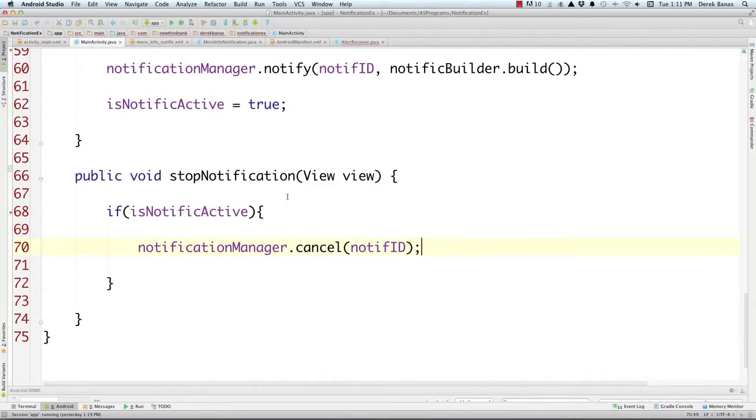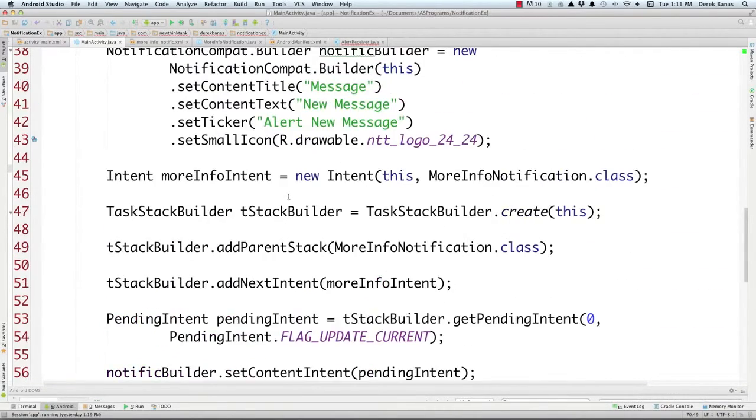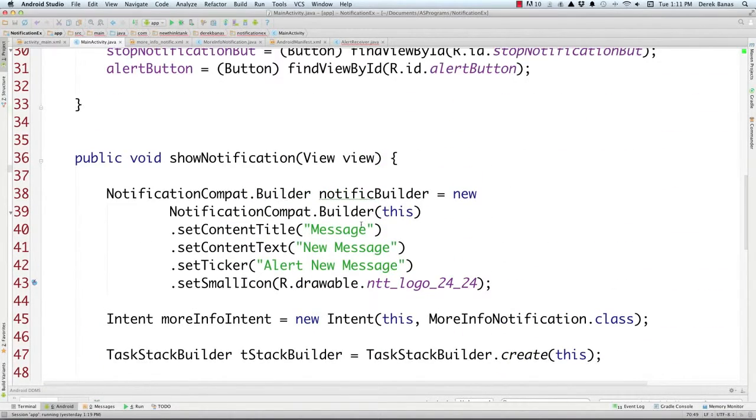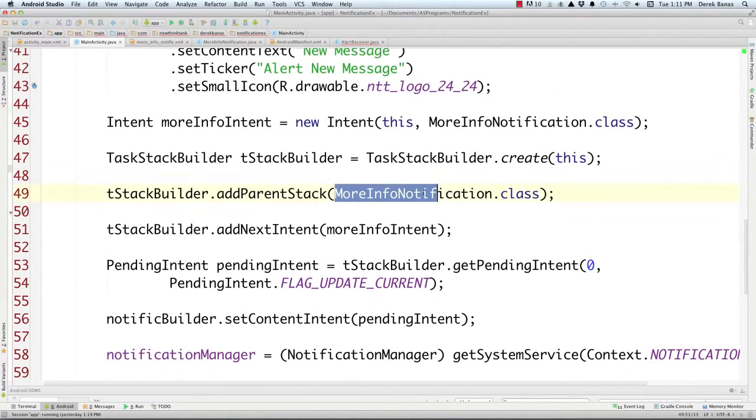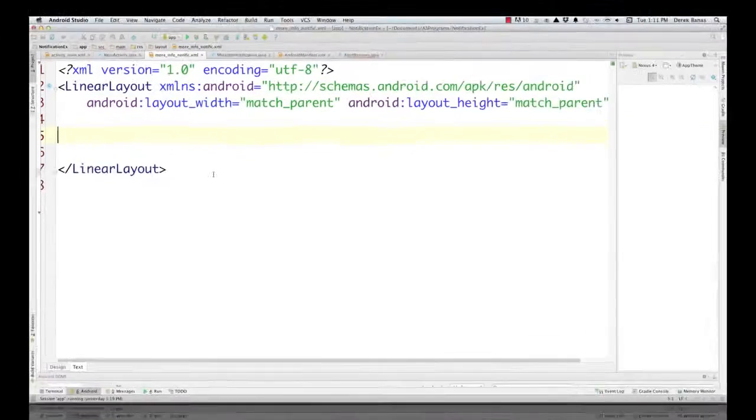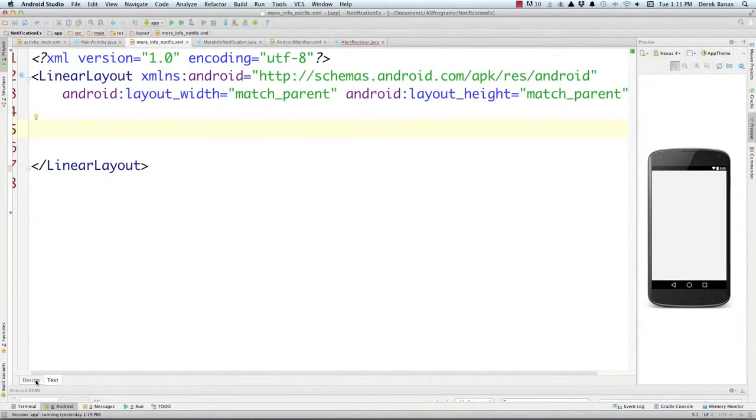Okay, so now that we have the notifications all set up and we have a way to click and close them, what we need to worry about now is coming in here and creating more info notification, which is going to be the object that is going to create an activity that's going to show on the screen whenever they click on it. So to do that, very first thing I'm going to do is come in here